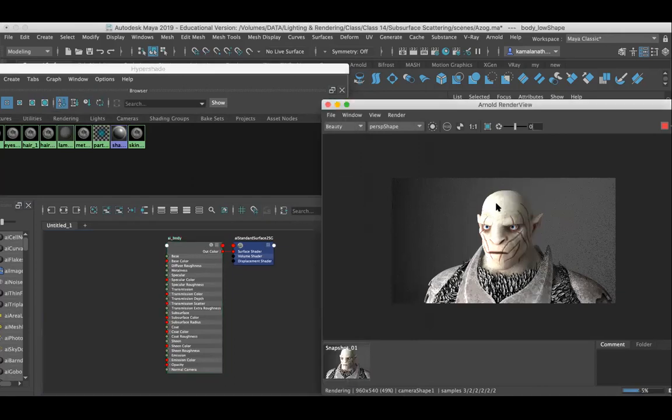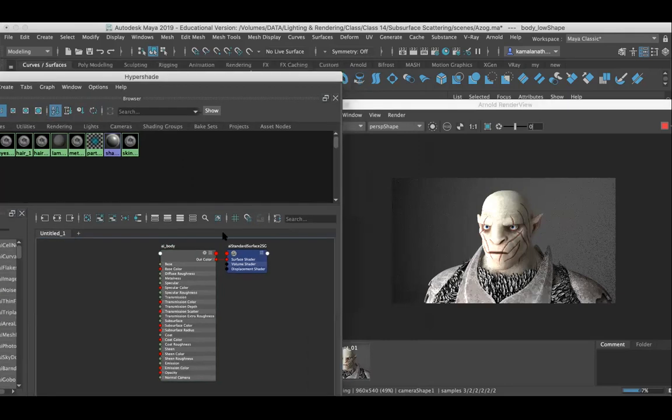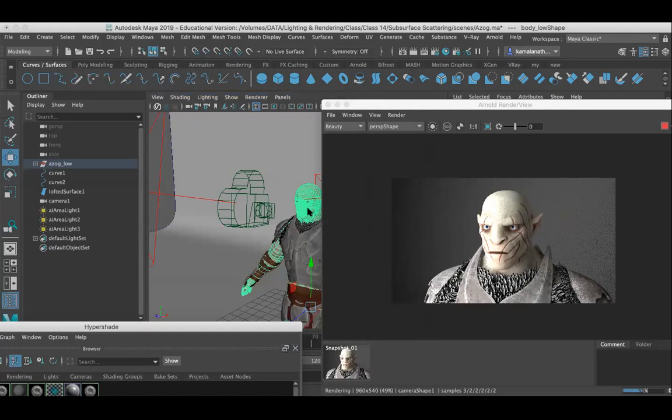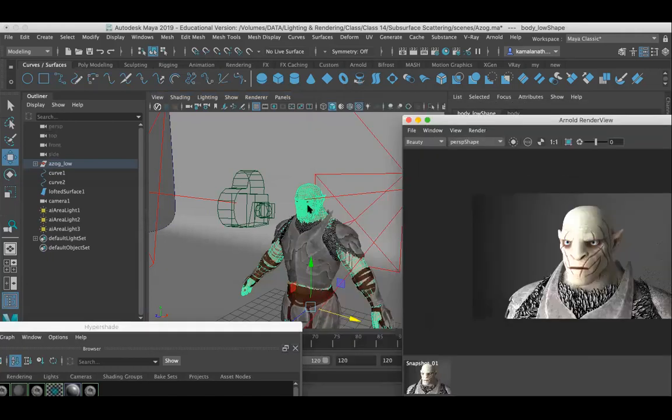You know that you can select the body part, so I want to select the body. You can click in the viewport and then select your mesh, right?